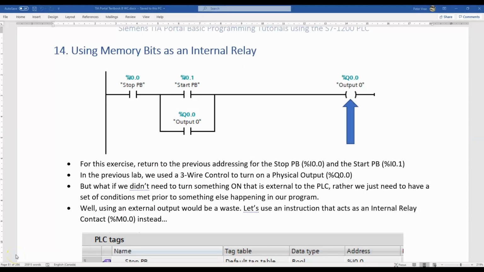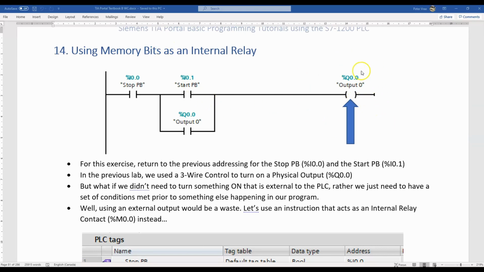Okay, so in the previous video, we were making use of PLC Sim, and we had changed these inputs to memory bits, and then we were able to toggle them from a 0 to a 1. I want to show you one more quick thing before we move on to the PLC Sim project view,